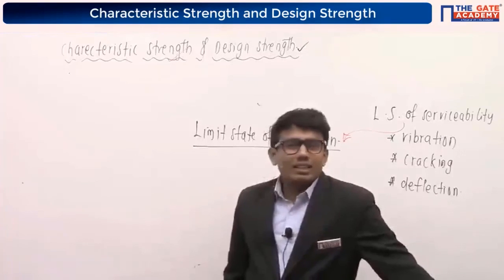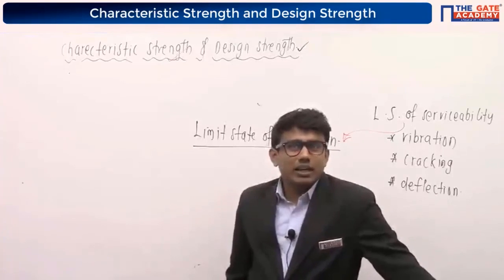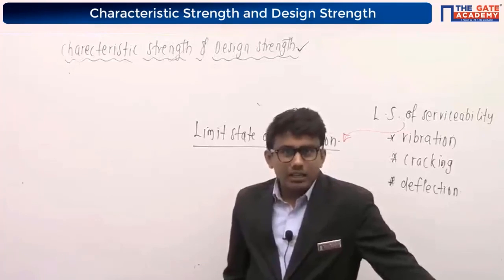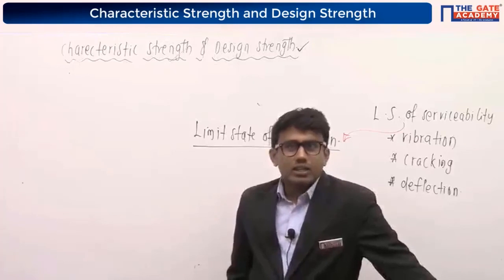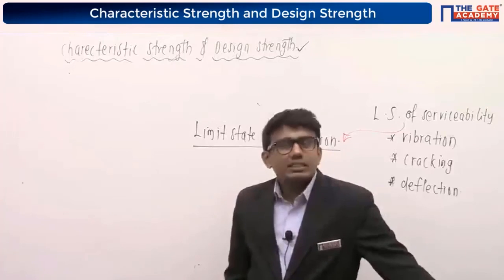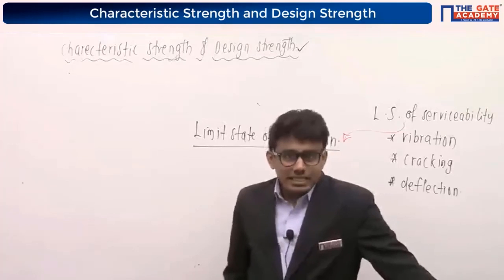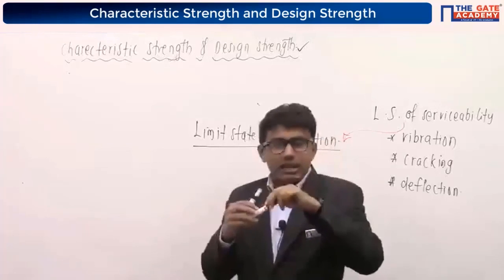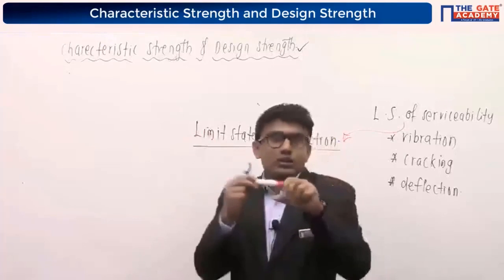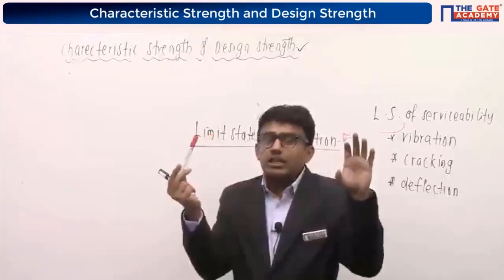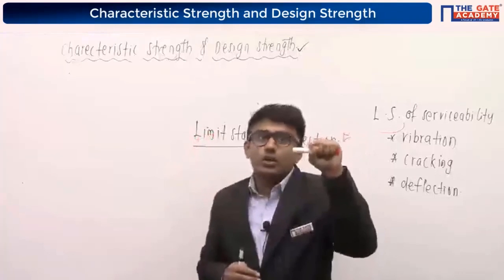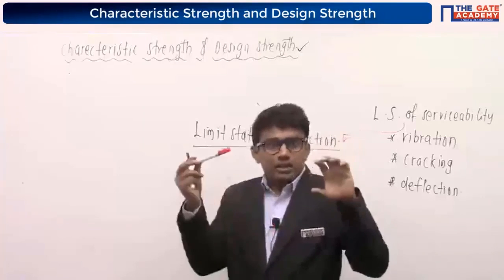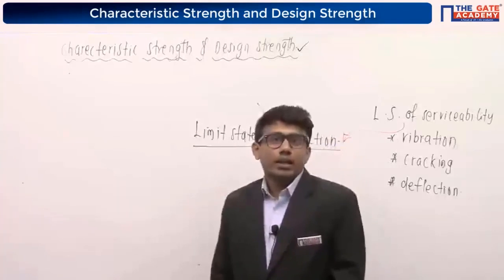You have to think whether they are asking about plain cement concrete or reinforced cement concrete. If you are talking about plain cement concrete, yes. If it is RCC, it is a composite material. Why? Because in RCC, one material is there and a different material with different properties is there. The properties of these two materials are different, though they act together. That's why we call it a composite material, concrete and steel.